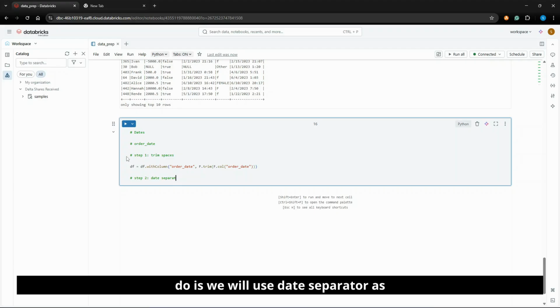Sometimes different date separators can be used, like hyphen, which is usually common. So now we will replace hyphen with